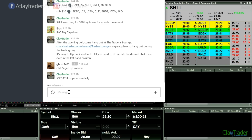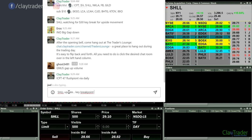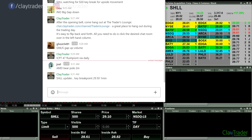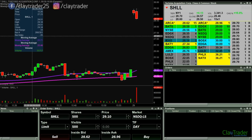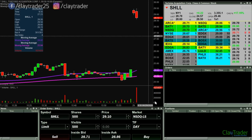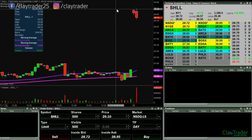All right, so SHLL, I'm going to update this to 29.50 now. Just seeing how the chart has played out. So there's an alert in real time right now. I'm making life way too difficult. So I'm not going to be able to continue to move these windows around. So you'll just have to take my word for it that these other areas have been alerted. But yeah, 29.50 now going to be that newest level